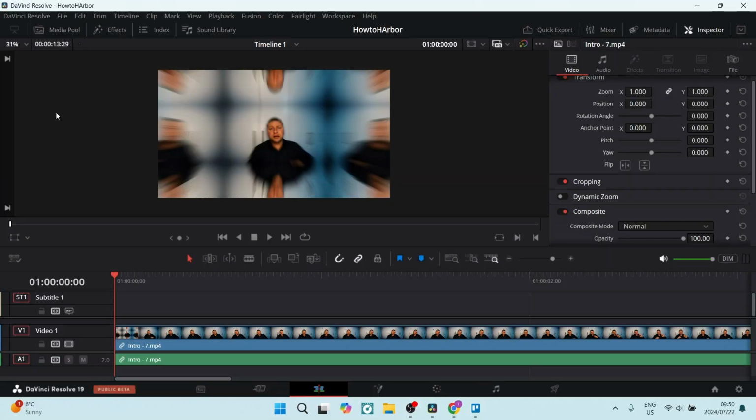If you're looking to add subtitles within your DaVinci Resolve project, you're in the right place. I'm going to show you how to do so. So let's dive in. Once we've imported our media, we're going to go down to the bottom over here